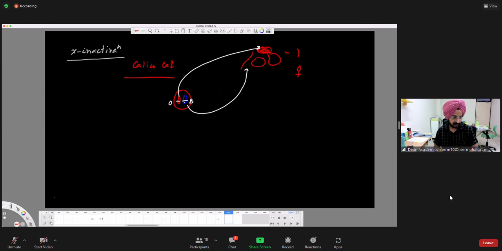I could have given an evolutionary viewpoint of these, that you have monotremes like the platypus, and then you have kangaroos, which are marsupials, and how X inactivation has evolved. X inactivation in kangaroos or other marsupials is completely different from mice or humans. X inactivation is at a very rudimentary stage.